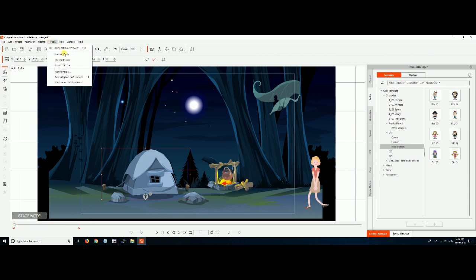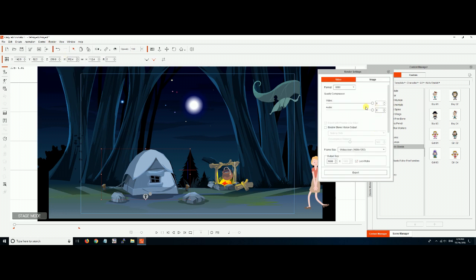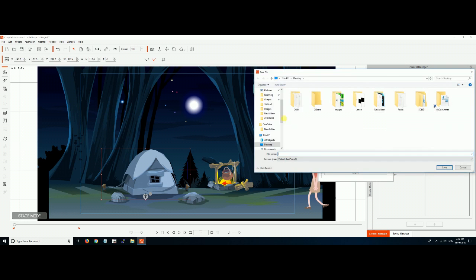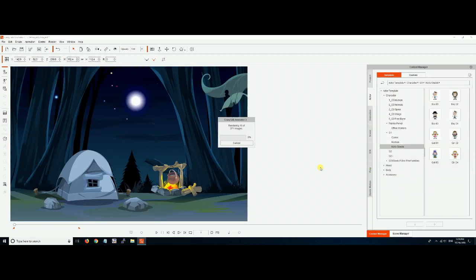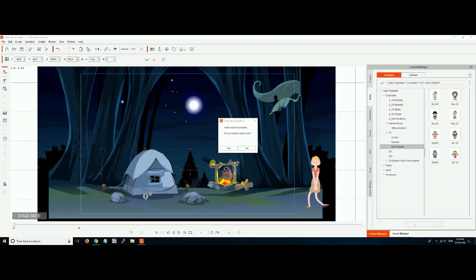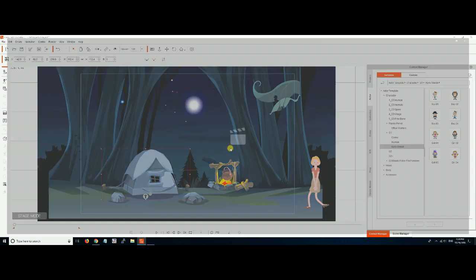I'm going to go to render video, MP4, export, desktop, My Woods Cartoon, whatever. Alright, 371 images now. Okay, we are ready to open it now, and now we have a good file.